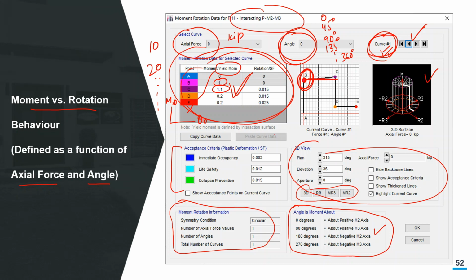So it depends on your inputs. Both the m theta curve in any direction at any axial load and the PMM surface can be completely in your hand. You can go for manual values or your own values based on your calculation. But then again, there is an automatic version of this whole process also. In that case, you don't have to do anything. Just select a column, select the ASCE 41 table, and it will fill all these forms and everything. But you will have no control over these inputs. And also, maybe you will not be able to understand some of the inputs in that case.